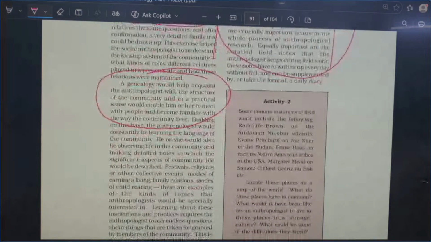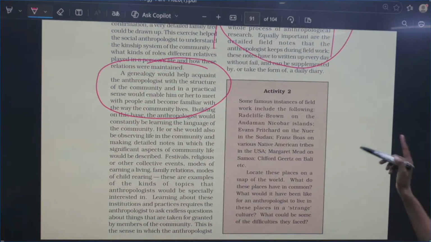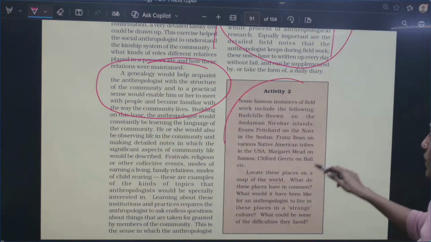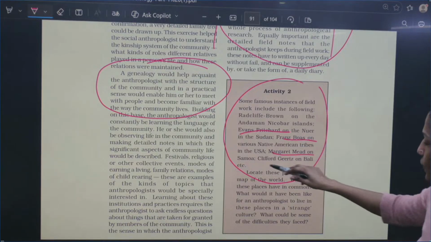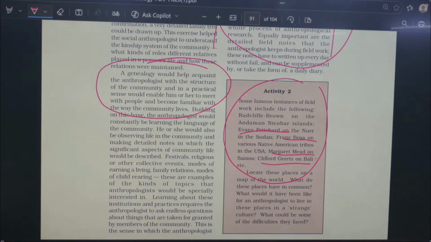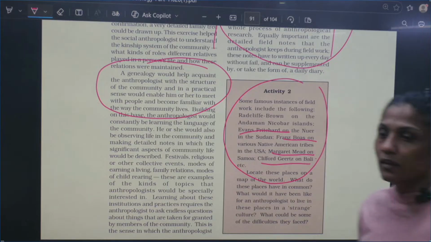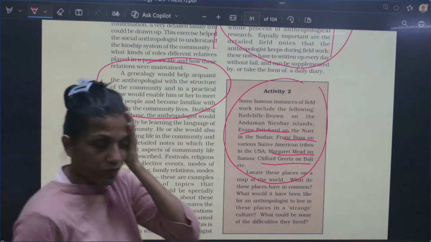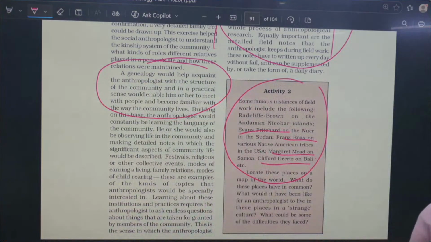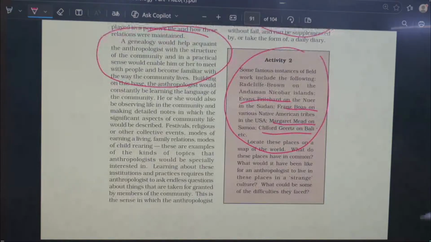Don't take sociology easily. और ये सारे नाम आपके पास हैं, रेडक्लिफ ब्राउन, इवेंस प्रिचर्ड, फ्रेंच बोआस, मार्गरेट मीड, क्लिफर्ड गीर्ट्ज़, बाली में उन्होंने कॉक फाइट पे पूरा एथनोग्राफिक स्टडी किया है. ओके, इन सारे थिंकर्स का नाम लिखो, because when I would be doing value addition, I would be teaching anthropological theories to all of you. लिख लेना ये सारे, ठीक है.